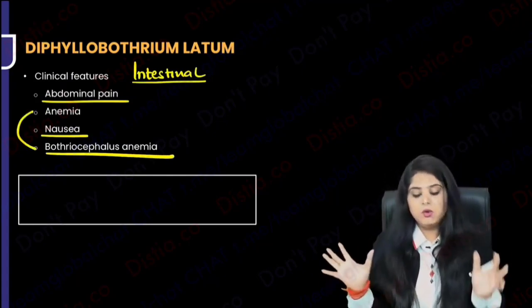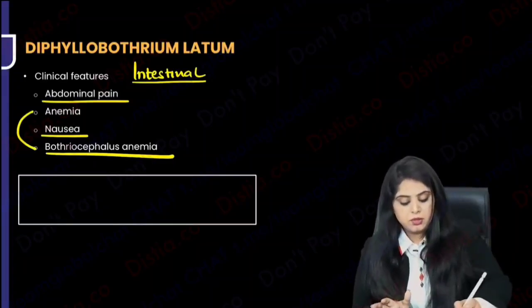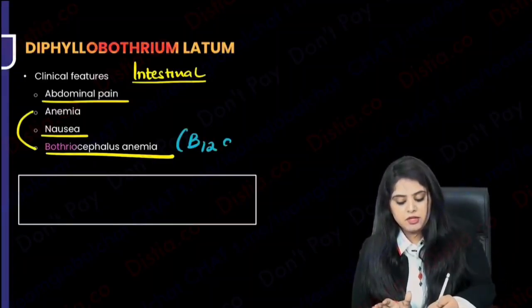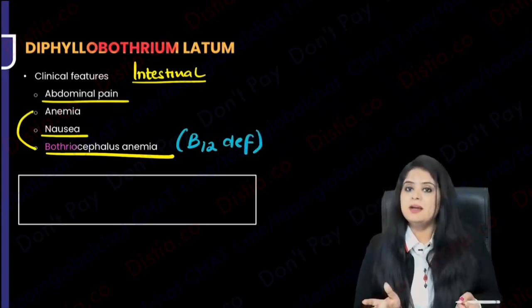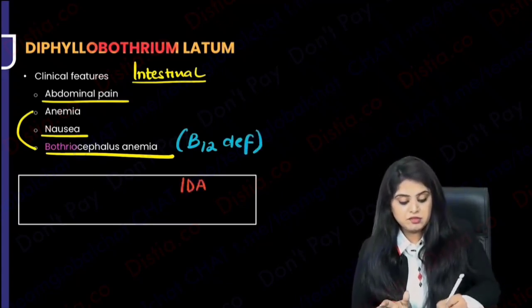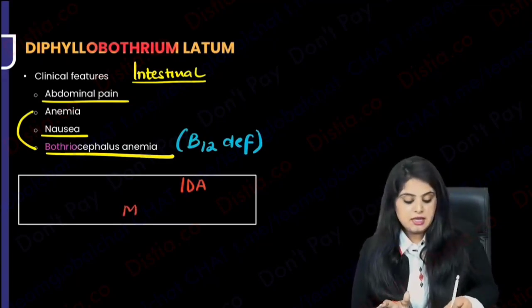Bothriocephalus anemia. Oh my god, what a big name. Bothrio, because of Diphyllobothrium latum. But I know it is a kind of B12 deficiency anemia, megaloblastic anemia. So now, please note, there is one parasite associated with iron deficiency anemia, and there is one parasite associated with